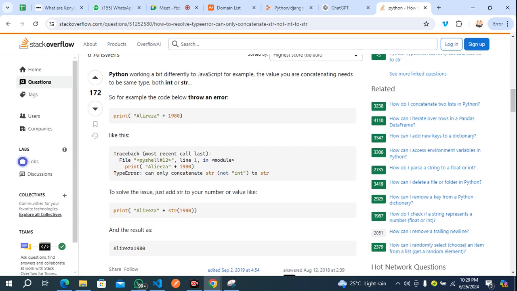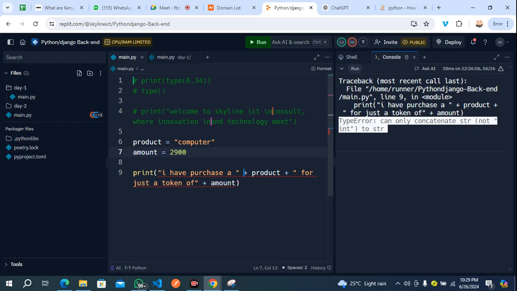And you have about 172 responses. He said Python works a bit differently to JavaScript. For example, the values you are concatenating need to be the same type, both string or both integer. That means the number one rule in Python is that if you are concatenating objects, they must be the same type, unlike JavaScript where you can concatenate any type of object you want.